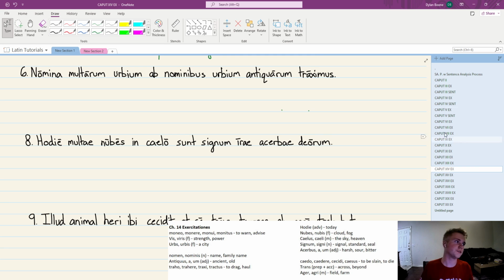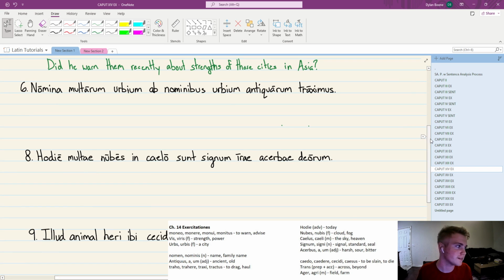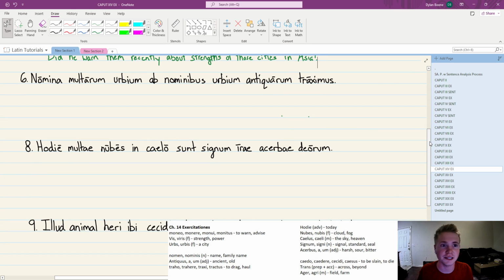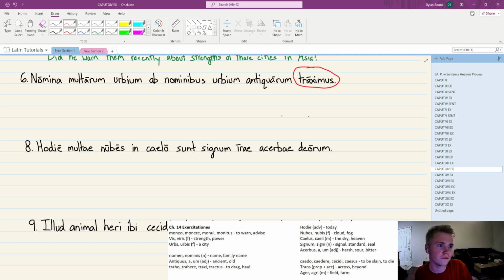Okay, so this one, a lot going on here, but you'll find that this is a lot simpler of a sentence than it looks. So we start off with our verb. From here, I am going to start from the left and go linearly. And I'll make some adjective agreements here that I'll justify later, but for simplicity, I'll make them now.